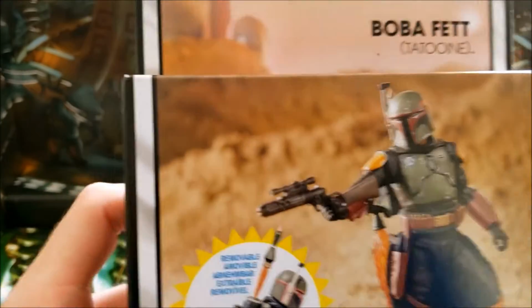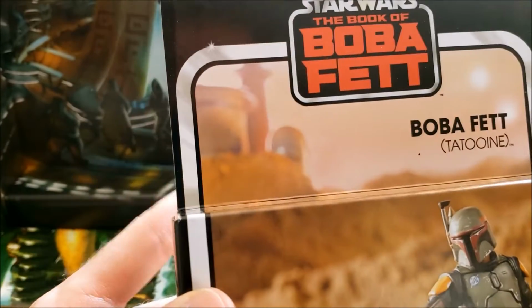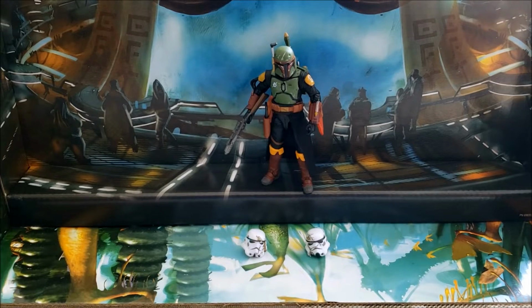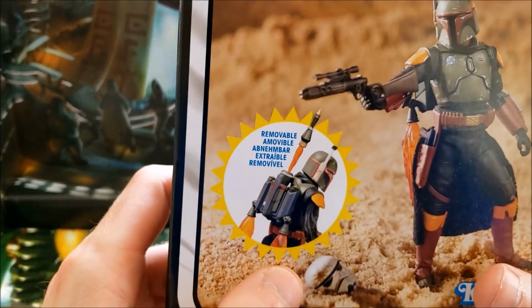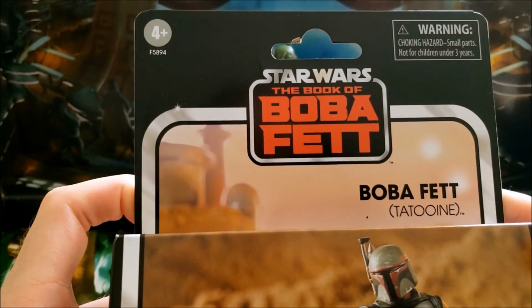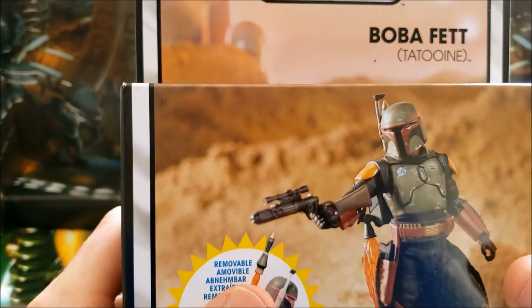Now they're getting released as these boxes, and this particular action figure is considered a deluxe action figure, which, just looking at it, I think most people can agree that it's definitely not a deluxe. A few extra accessories like stormtrooper helmets and parts that Boba Fett should come with anyway, I don't think make it a deluxe. So, and another concern about this is it's believed that Hasbro might be doing away with